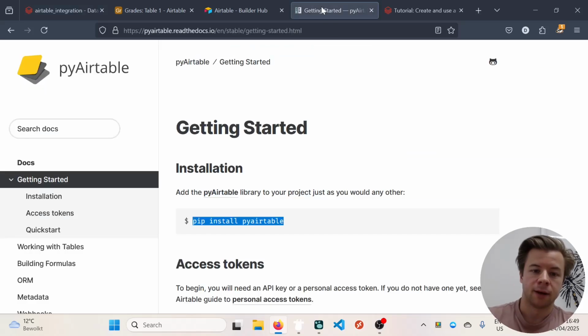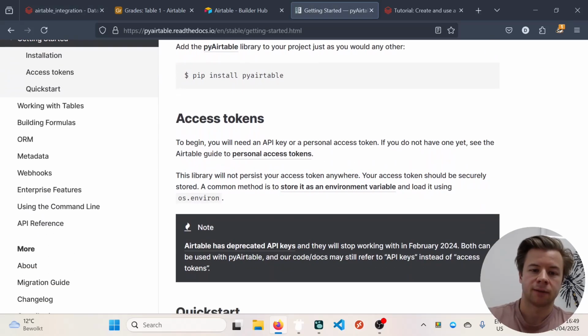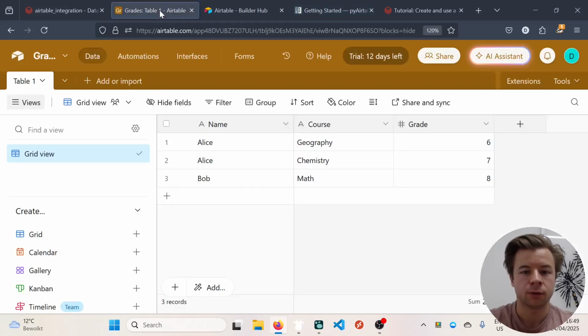Then, if we now look at the next step in this framework, is that we have to authenticate from Python, so from Databricks, with Airtable. And the way to do this is by generating a so-called personal access token. To do that, we go to